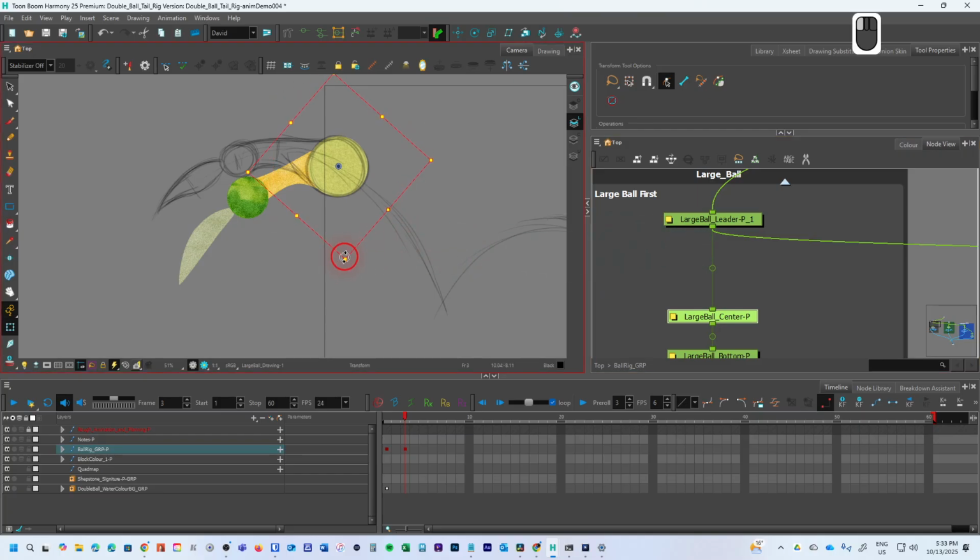I'm going to rotate this one up like this. Actually, I'm grabbing the wrong one, my mistake. The body peg here is what I was trying to grab, like that, and rotate my body up like this, okay? Now, my lower ball, I'm going to simply grab that one, and I can move up one node here